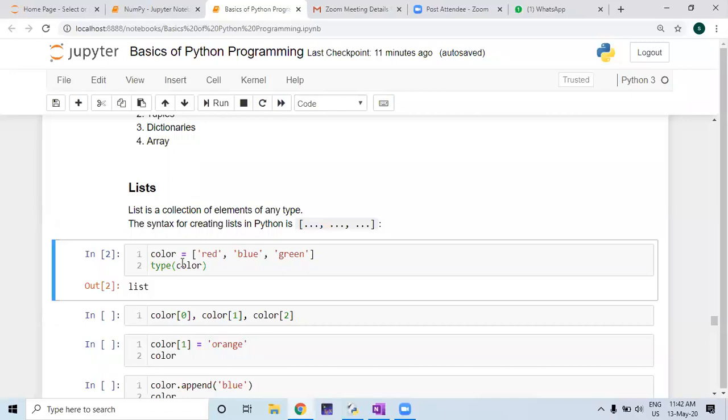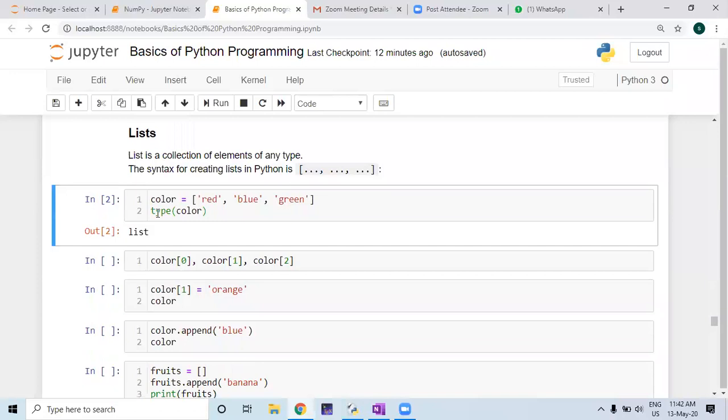So as you see, I have tried to check the nature of the type of this variable color. So I have type color, it is giving me the answer list. So this particular variable color, which I have defined as red, blue, green, belongs to a category called list. Now, how will I address individual elements of this list? The way I should do it is color within brackets, index positions. The first position is 0, second one is 1, third one is 2. So this is how I have defined it, and let us see, do they really represent? Yes, it has done it.